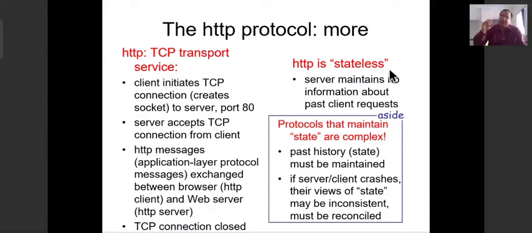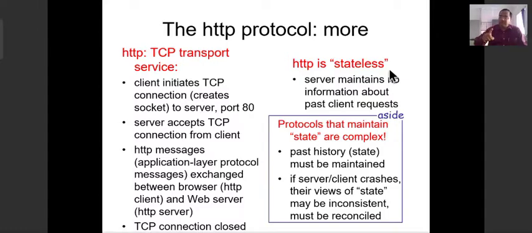What is the general size of a web page? 40 kilobytes, 50 kilobytes. So, for transmission of this little amount of data, if we had implemented the technology in such a way that the HTTP server would remember all the history, that would have been a burden on the HTTP server. But when we move to file transfer protocol, FTP, later on, you will get to see that the FTP server is stateful.